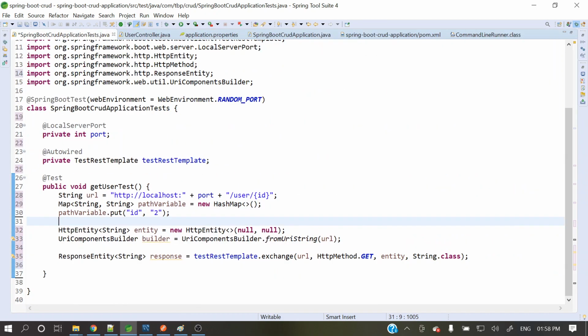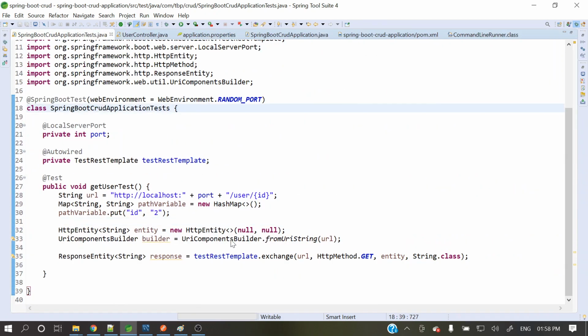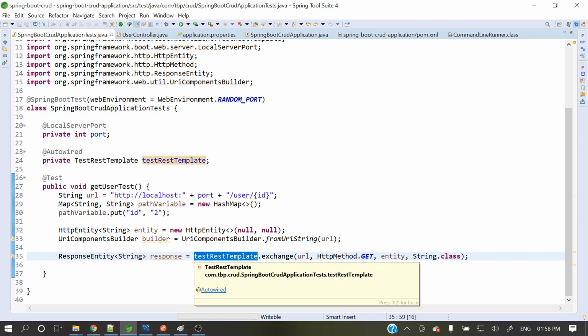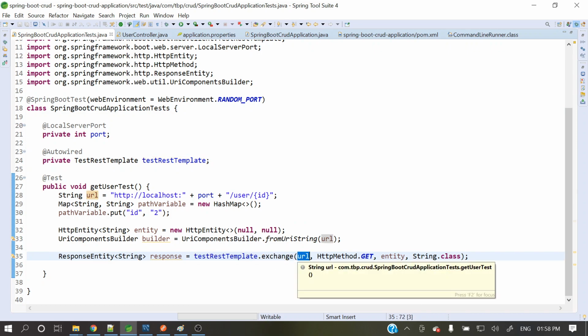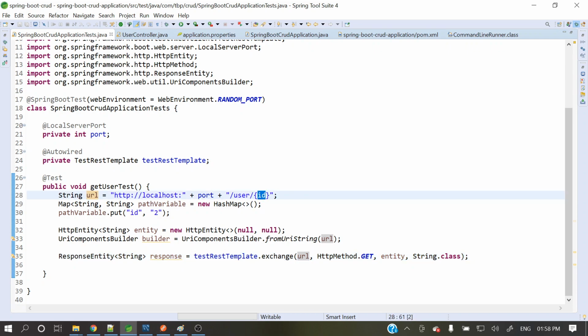Let me do a full screen here. Okay, so here what we have done, on the test rest template, we are calling the exchange method, and here we are passing the URL, right? But for this URL, we have not resolved this path variable. So for that one, what we need to do,